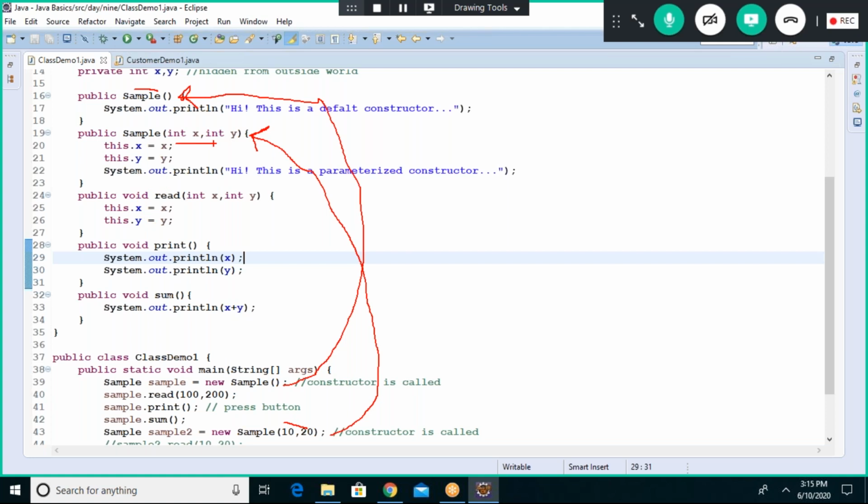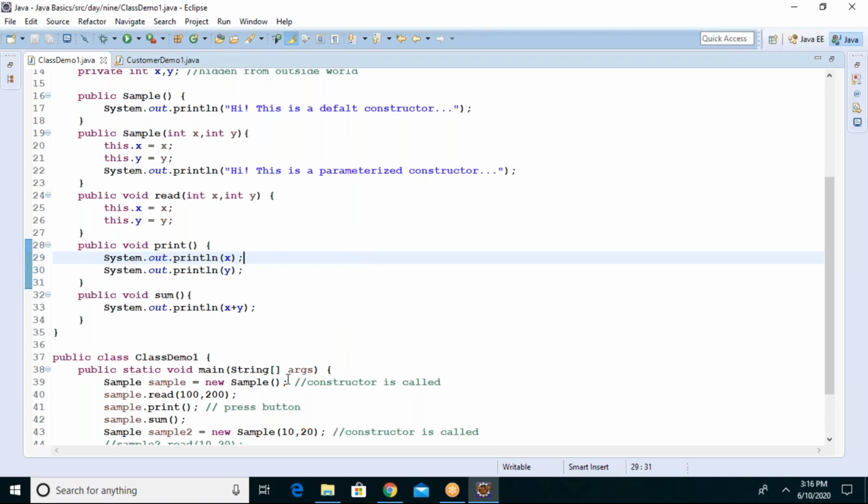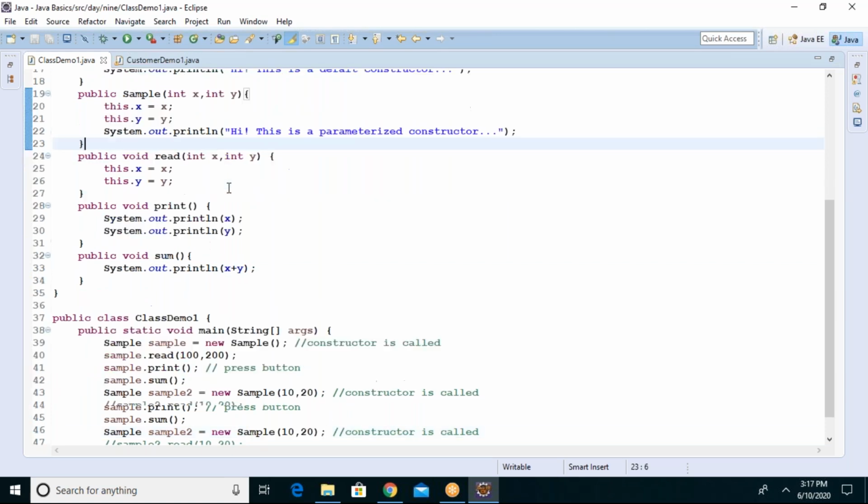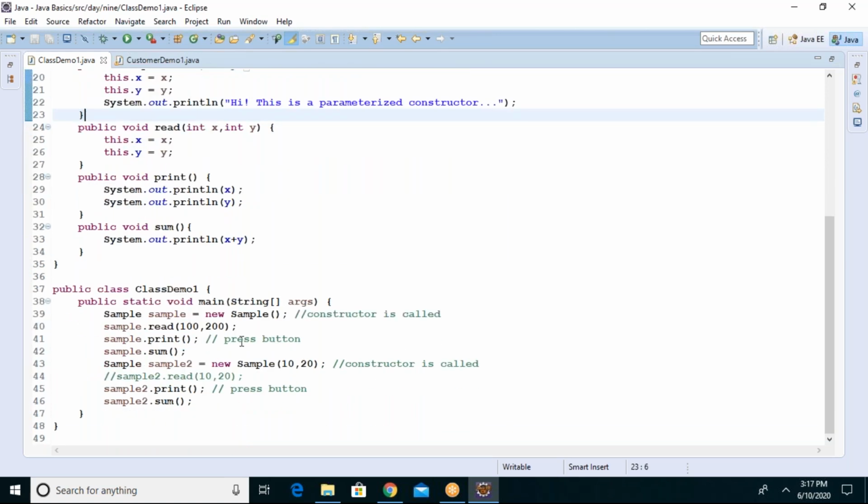Guys, is that clear? Do you understand what I am saying? Everybody got clarity? Yes. When you create an empty object, the default constructor is called. When you create an object with values, the parameterized constructor is called. Now tell me,